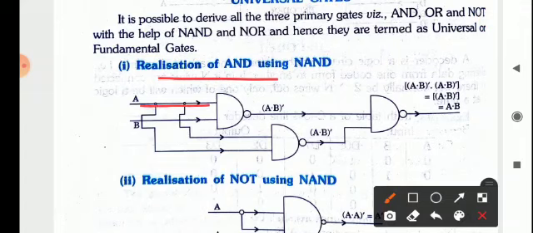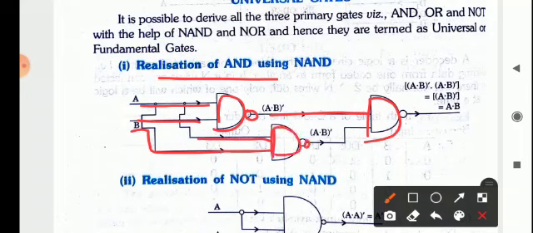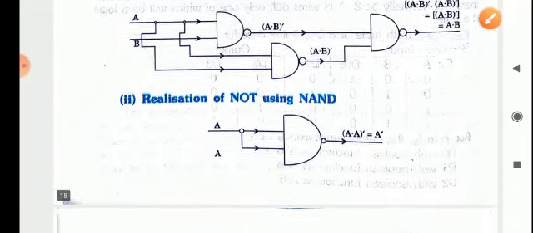Here you can see 2 inputs going in, A, B, and this is your AND gate, and a NOT gate is applied. So, A dot B whole NOT will come, and then again it is passing to the output. Similarly, this is passing to another, where again the whole NOT is there. So, (A dot B)' multiplied by (A dot B)' will be equivalent to (A dot B)'. And if you open it, it will be equivalent to A dot B. So, this is how the realization is done using NAND.